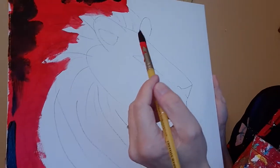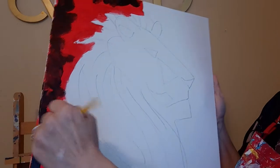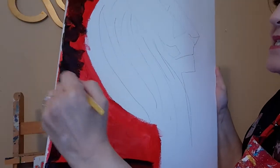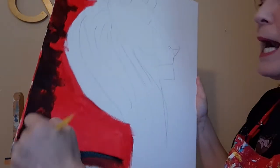I'm speaking the foreign language that I'm making up as I paint. Big, small, little, big, big, big. It's a more interesting texture than making Z's. Z, Z, Z, Z, Z. That's terrible. So I'm going fake, fake, fake, fake. Look,